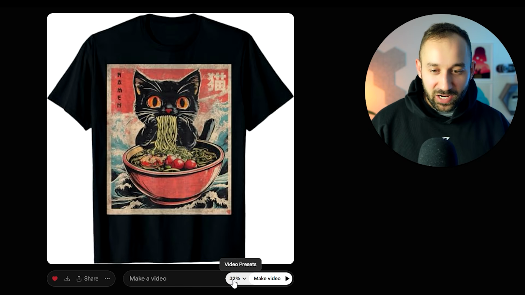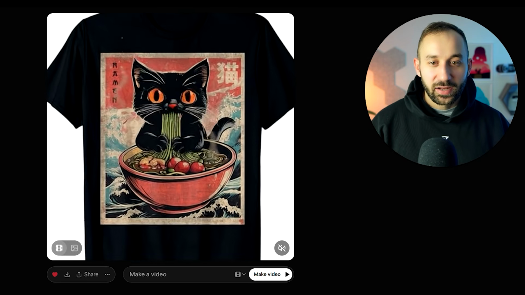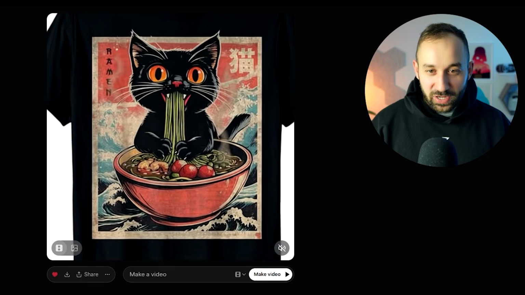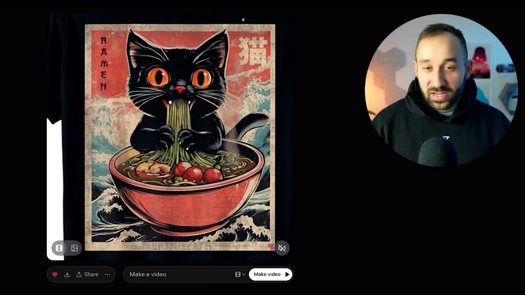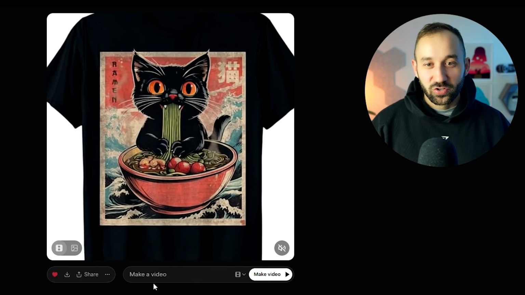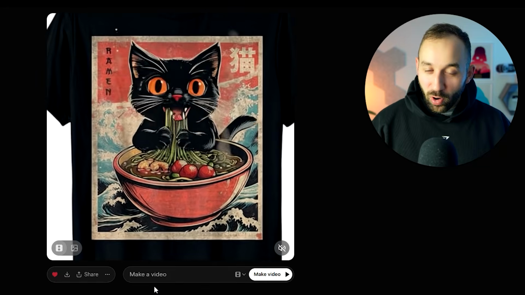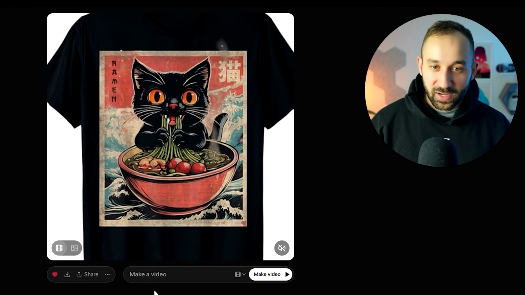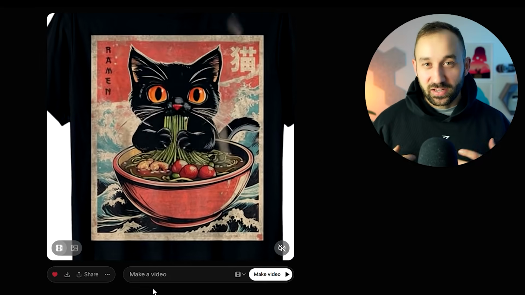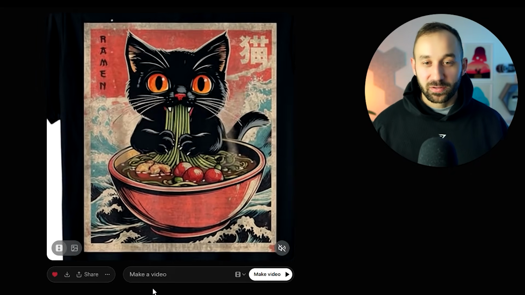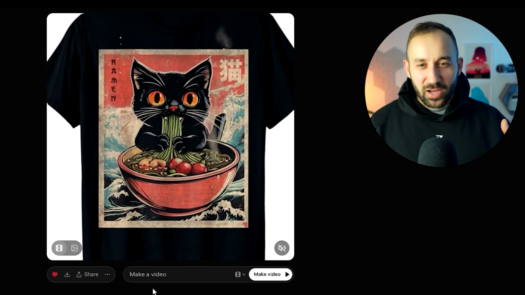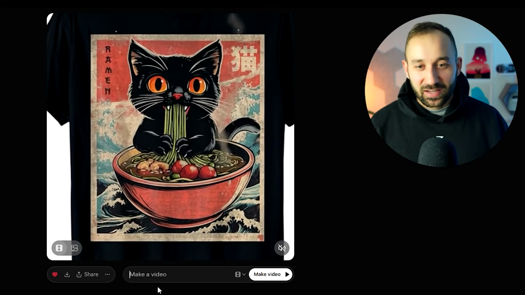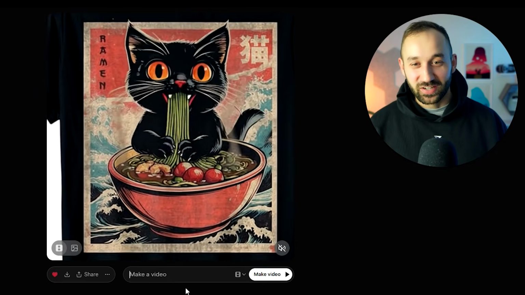As you can see on the right, it's loading percentage, and as you can see, after like 20 seconds it's done, and that is pretty eye-catching. If I saw that in the search results, I would probably be more prone to look at it than with one of your usual Placeit mockups where the design is just static and it's the character, the person that's moving. Here, we've suddenly got a t-shirt where the cat is moving in the t-shirt design, which is super, super